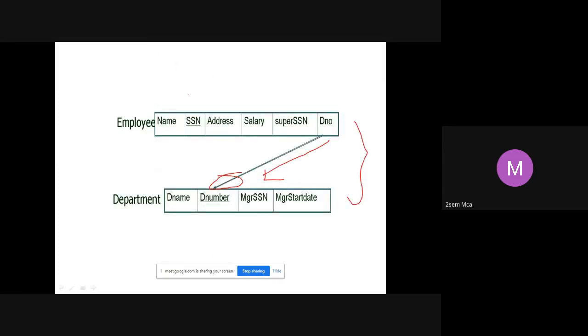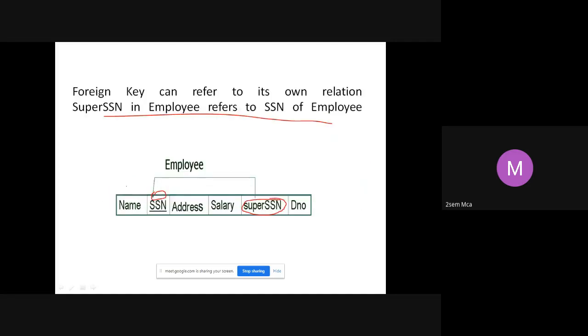Here, employee is the referencing table because D number is a foreign key here. Where does it get referenced to? It gets referenced to the department. So department is called the referenced table, and employee is the referencing table. Wherever you have the foreign key, that table is a referencing table. Wherever you have the primary key, that is a referenced table because you are referencing that particular table. Okay.